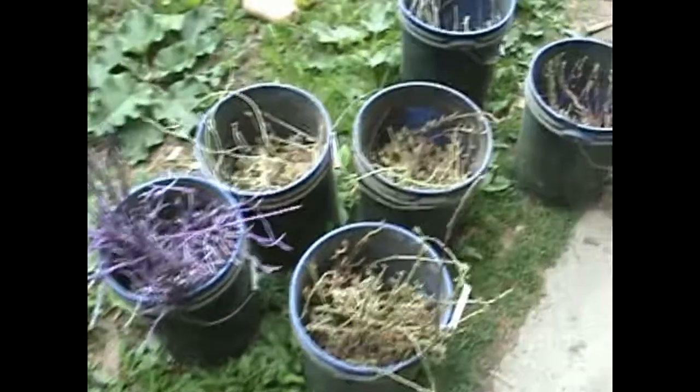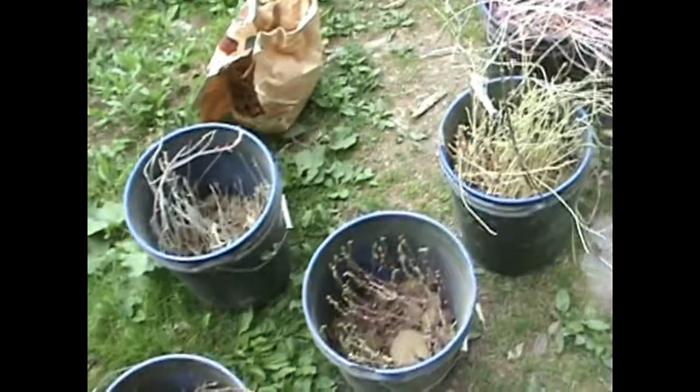So this is all the seed potatoes for the 2017